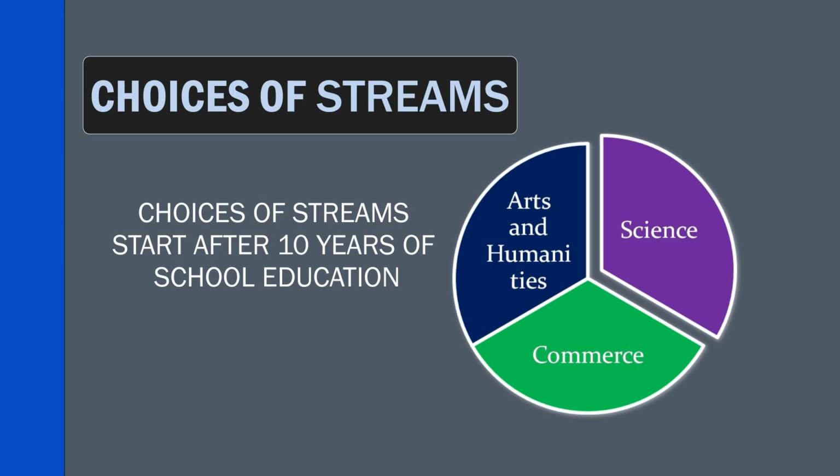So here broadly, if we talk about the streams practiced after 10 years of school education, that means at the senior secondary and higher secondary stage or at the +2 stage, you can find that three streams are practiced. One is called arts and humanities, the second is science, and the third stream is commerce. You will find that a group of students opt to study arts and humanities, languages, and at the same time different subjects included in the broad discipline of social science.